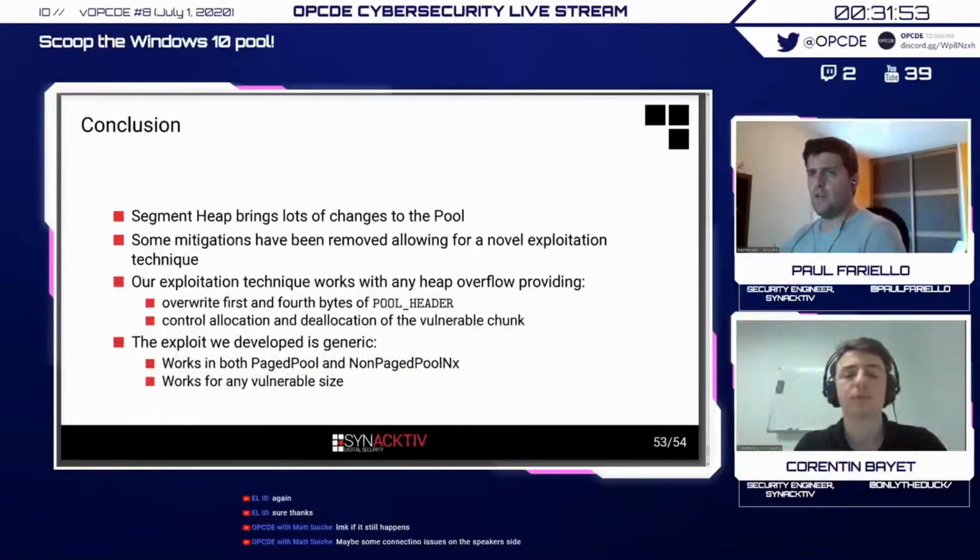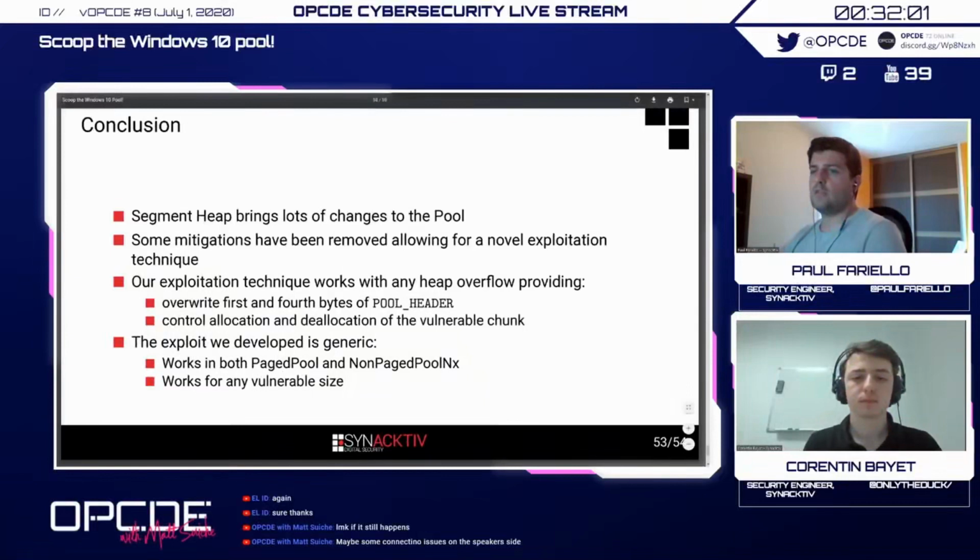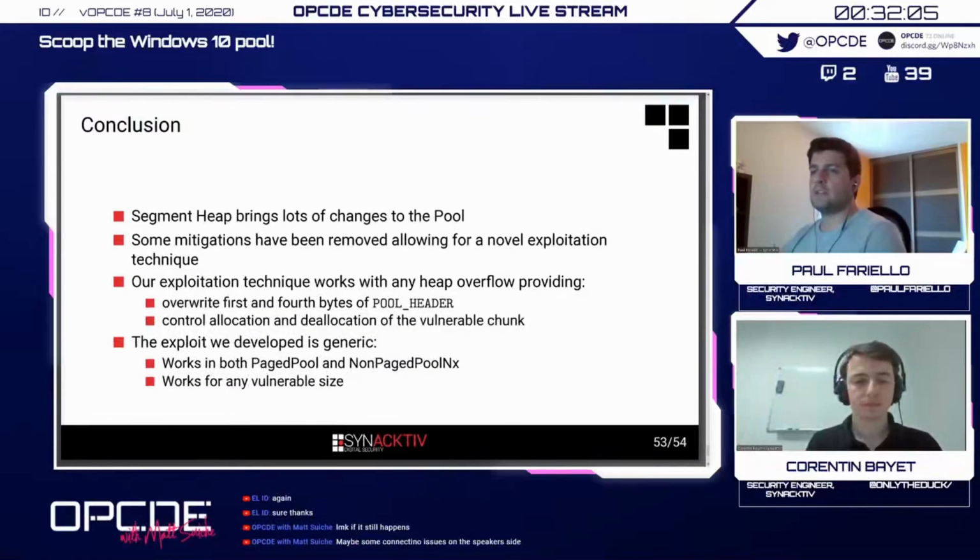Our exploitation technique works with any heap overflow providing two things: controlled allocation and deallocation of the vulnerable chunk, and the overwrite of the first and fourth bytes of the pool header. If you have any vulnerability that provides these two primitives, then you can use the technique we developed